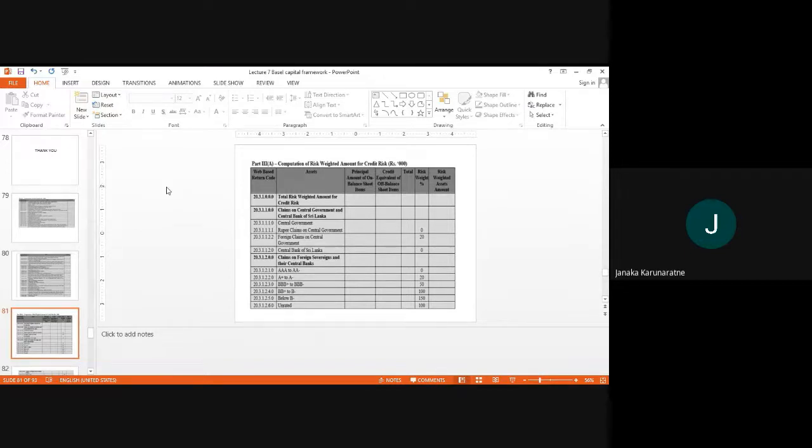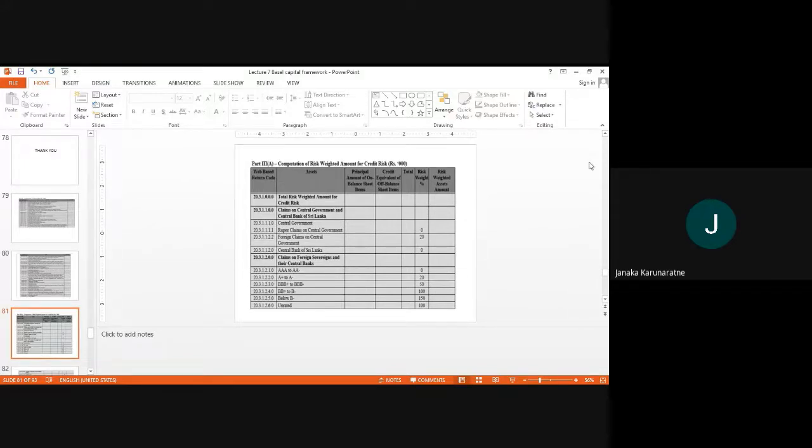But if you look at international banks, they follow it because they have sophisticated models which you can easily capture, right? But here we follow the standardized approach. This is basically based on, more or less, most of the assets being based on their internal ratings. So I will explain it a little bit. Now, if you look at